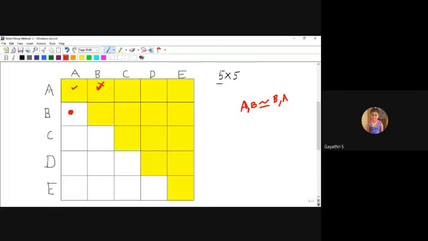Okay, and same thing AC. Here also one pair is there AC, and here too AC, right? So these two are repeated, so I just eliminate this. And AD. Here also one more thing, DA. So this is DA, this is AD. Both are actually the same, so I just neglect. I just omit this state. And same thing AE, and also EA. So this is EA, this is AE. These two are repeated, so I just omit this pair.